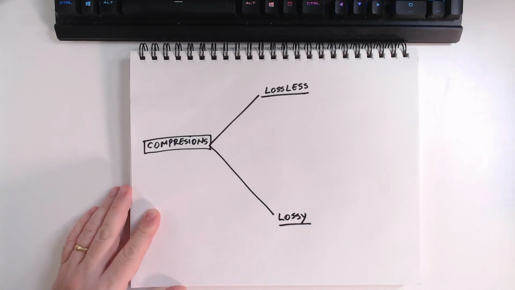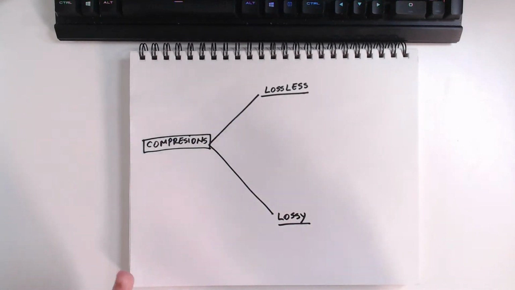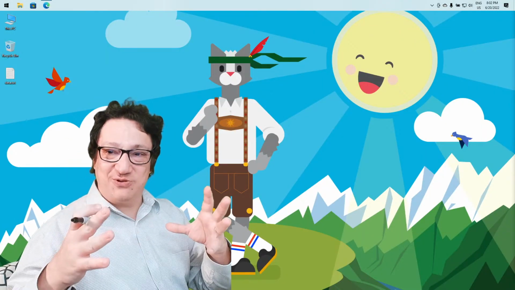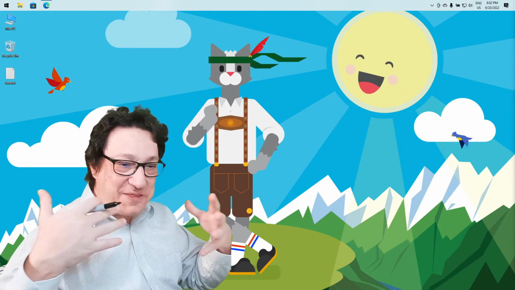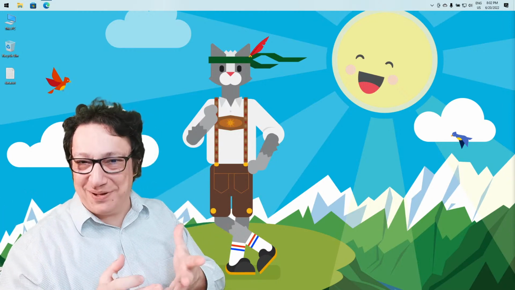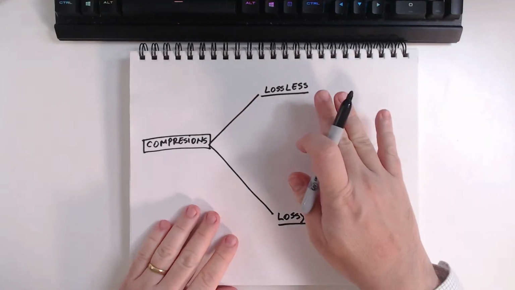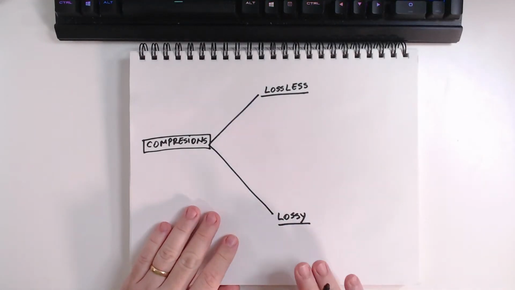And what this means is that this category of algorithms are algorithms where no information is lost. This is actually desirable, right? We have some sort of information, perhaps some text, we want to compress it, and when we decompress it, we want to get back the same information. However, and these algorithms are very important. However,